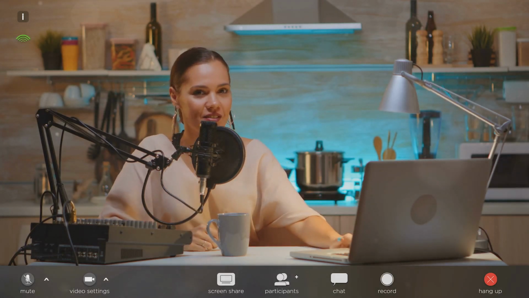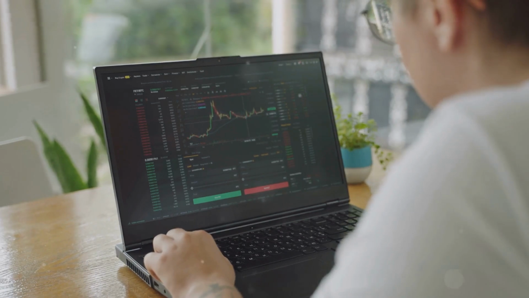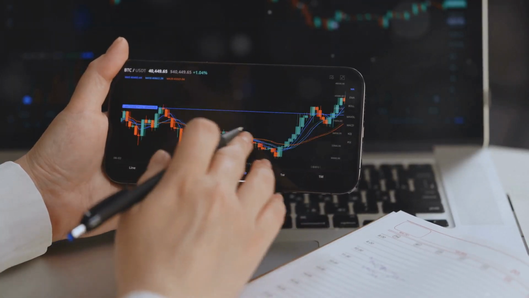So, there you have it, an overview of the most important candlestick patterns to help you analyze price movements and